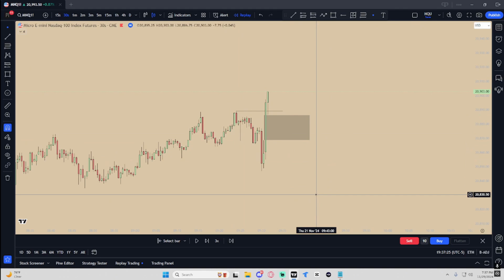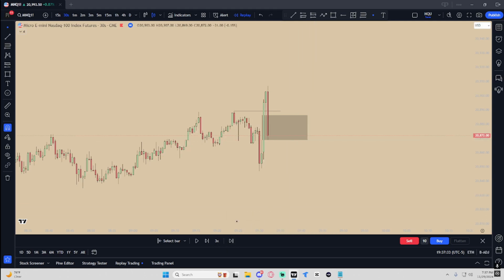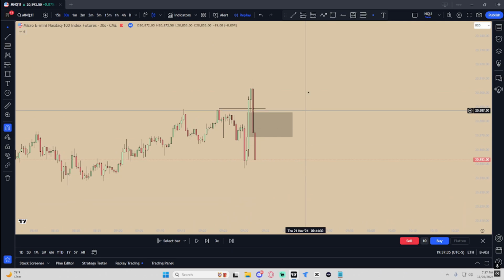You can just go for an A setup, which would be you either take out a higher low with a nice reaction, or you're bouncing off of a higher time frame fair value gap with a nice reaction. So if we play out the tape, we can see that we instantly decide to inverse this fair value gap on this next candle. So what I will be doing here is hopping into my sell position